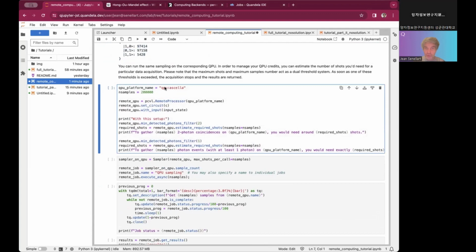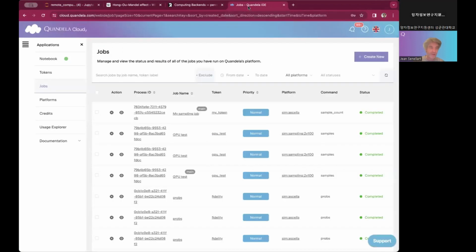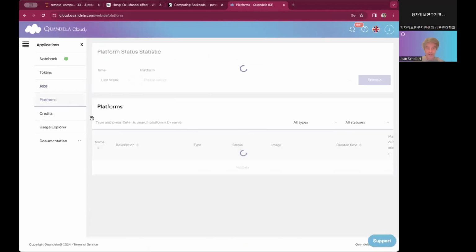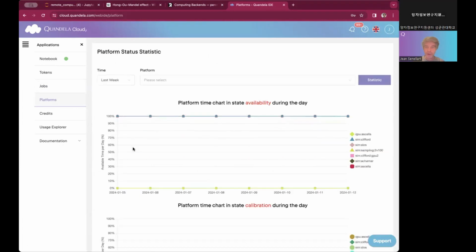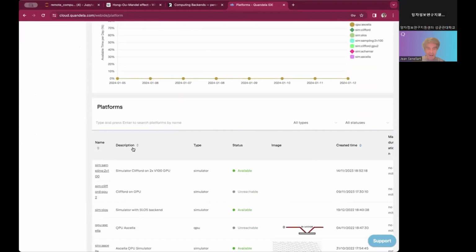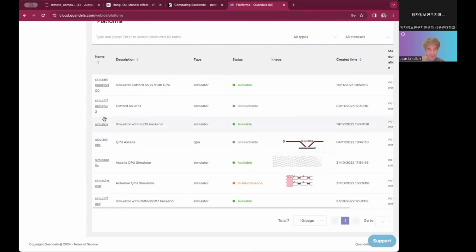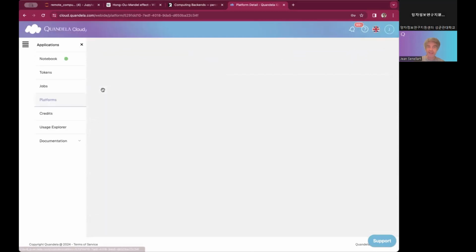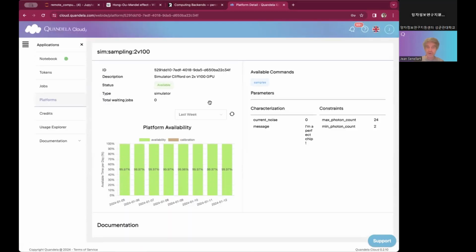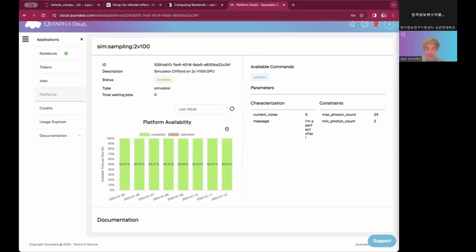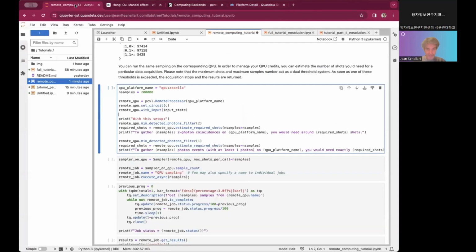And if you want to run that on the QPU, then you just need to change to run that with the QPU. Today the QPU is not available because of what I mentioned, but you can run that on the GPU. So the platform name. GPU is not meant to run very simple circuits like this one. If you want to run some very large circuits, but let us do that on this simulator.